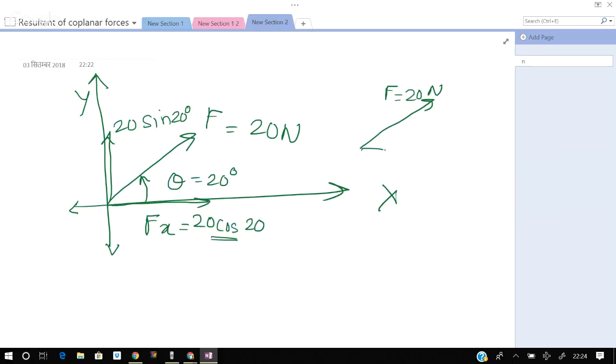The angle with the horizontal will be equal to theta. So that is theta is equal to 20 degrees, and the vertical we can draw. So this part is Fx is equal to 20 cos of 20, and this part Fy is equal to 20